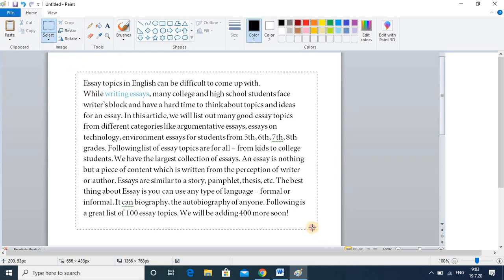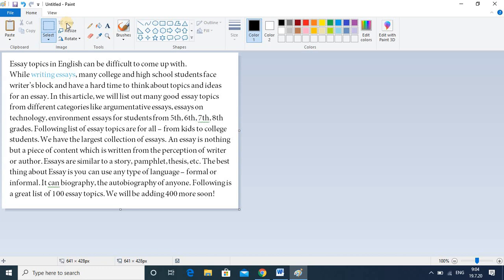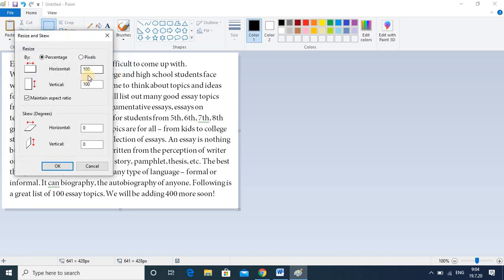Whichever portion you want, you have to select that, and then you can crop. So that is the way. And if you want to reduce or increase the size, you do the crop. Cropping means to delete the boundary area, the unwanted outer portion. Once you have done the crop, you have to use the resize option.